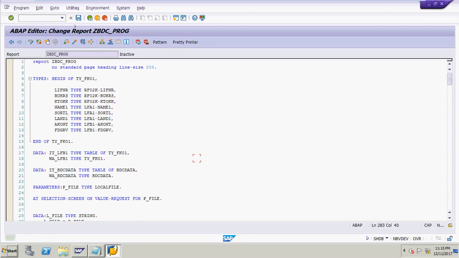Now click on save button and click on check button here.